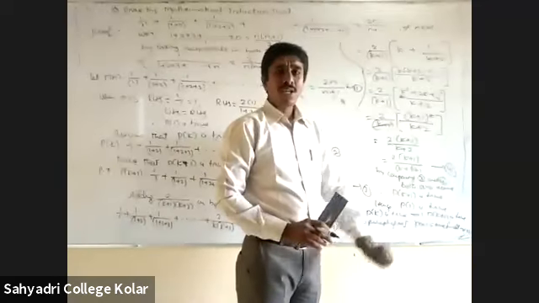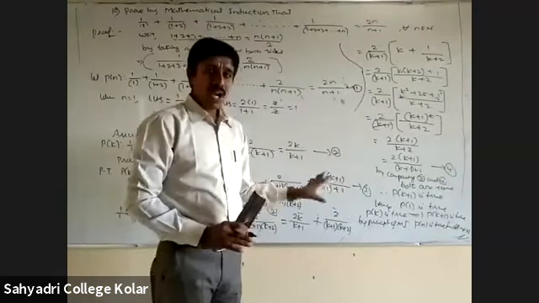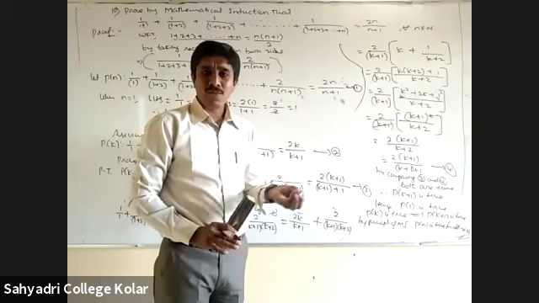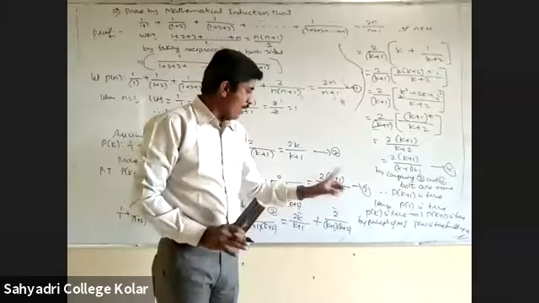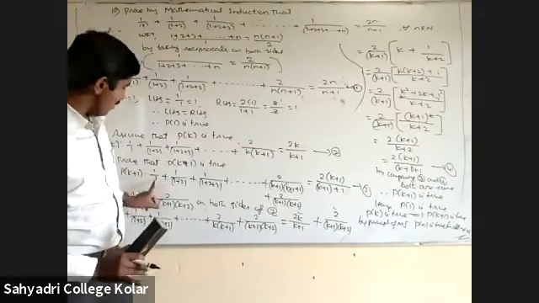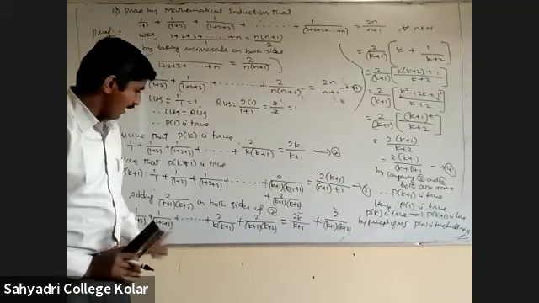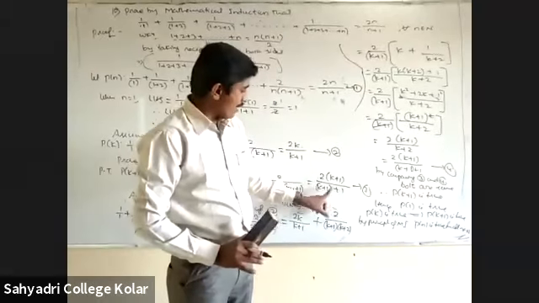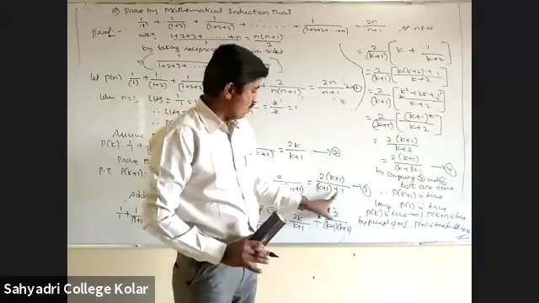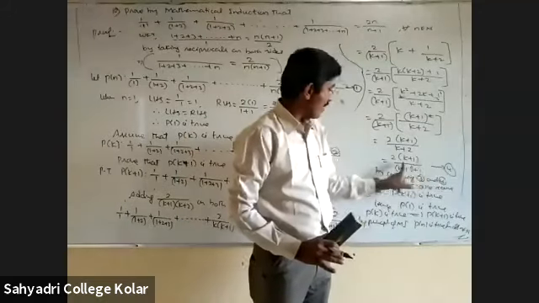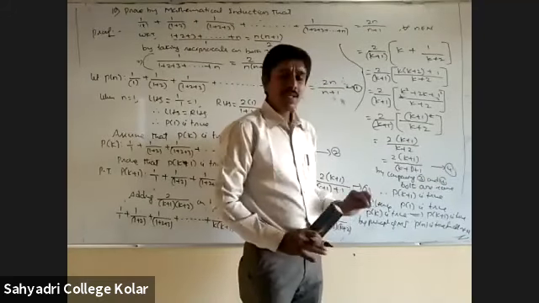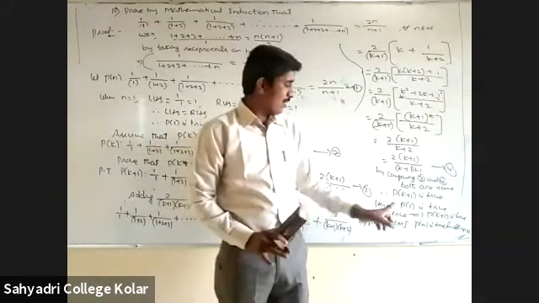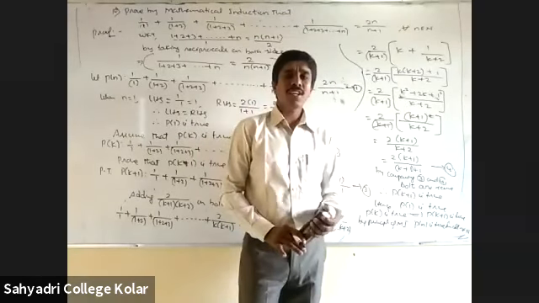This is called equation 4. Now compare equations 3 and 4, because we have to prove they are the same. By comparing, the LHS of equation 3 and equation 4 are the same, and the RHS, 2(k+1)/(k+1+1), is also the same in both. That means the given statement is true for n = k+1. Therefore P(k+1) is true.